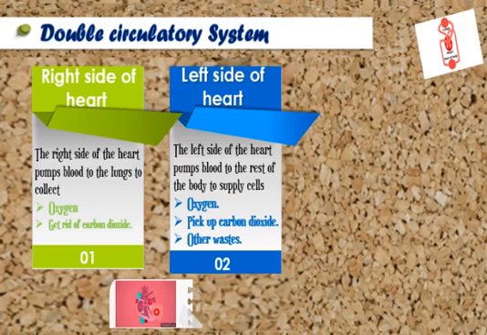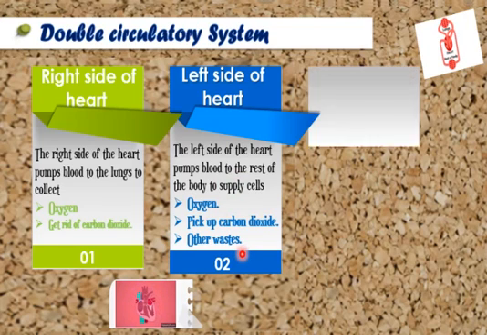Why is the oxygenated blood pumped from the heart to the body? Because the body needs oxygen. It has to get rid of carbon dioxide. It has to get rid of waste. So oxygen is delivered to the body cells, and carbon dioxide and other waste are collected from the body into the blood. So the left side of the heart pumps blood to the body to deliver oxygen and to pick up carbon dioxide and other waste materials like urea. And now next